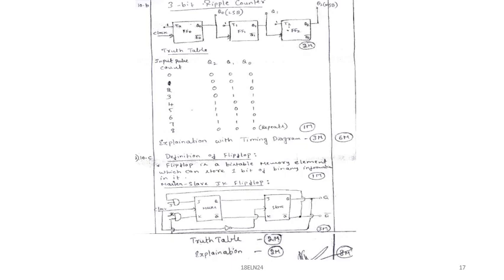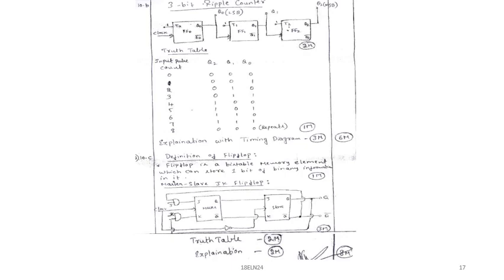Then counters, synchronous counters only. And then shift registers. And finally the communication system. In the communication system, the 2 concepts are the basic block diagram of a communication system and the principle of mobile communication, in that the GSM architecture. It's all important. So this is about the marks distribution, how the marks will be given to each division, each section.